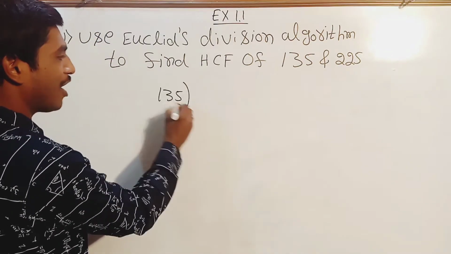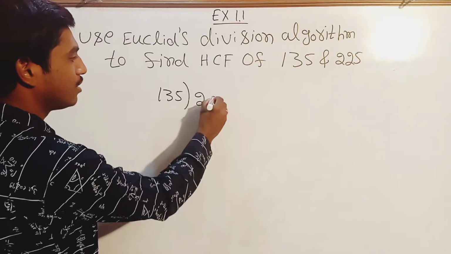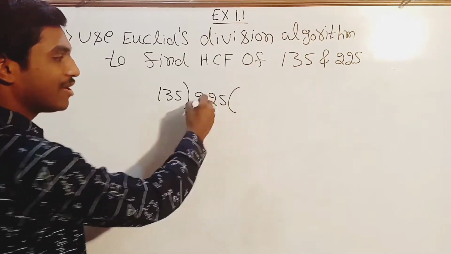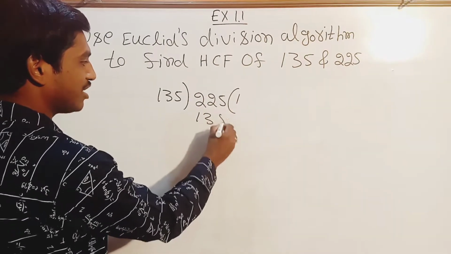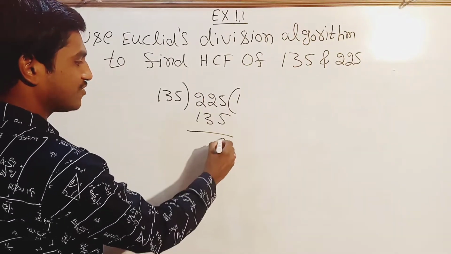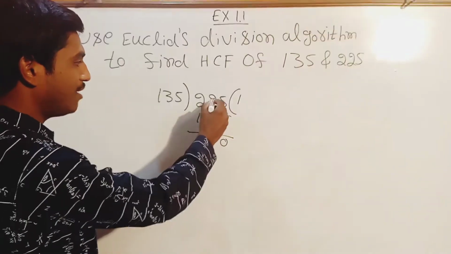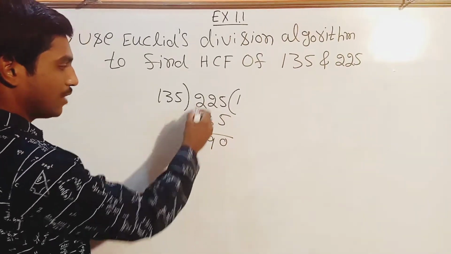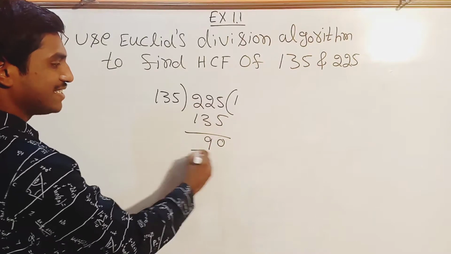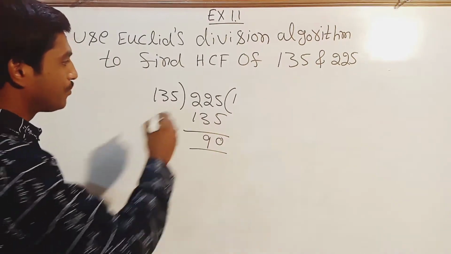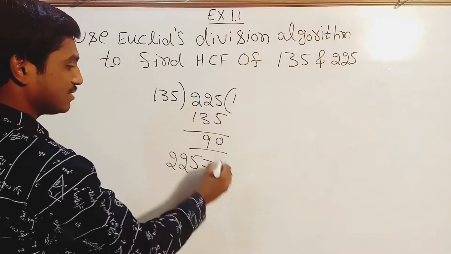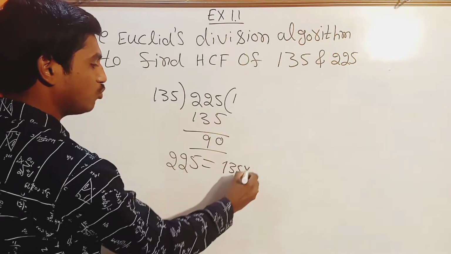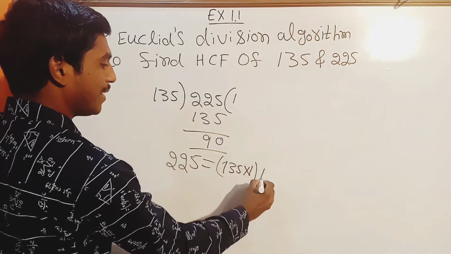So 135 will be the divisor and 225 will be the dividend. 135 into 1 is 135. 5 minus 5 is 0. 12 minus 3 is 9. And 1 minus 1 is 0. So 225 can be written as 135 into 1 plus 90,